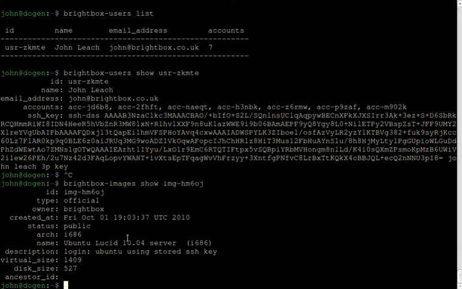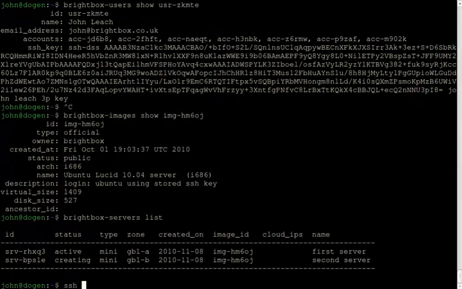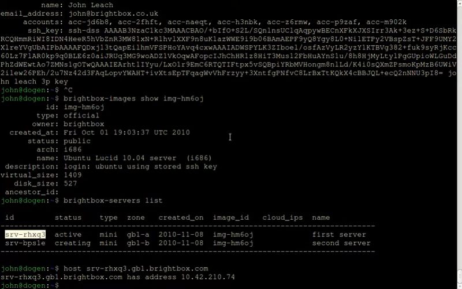So yeah, this is the Lucid image. The description there, the creators said, is a login using the Ubuntu account. So let's see if one of these is built yet. There we are. I'm going to log in. Oh, I can't log in because it's got a 10 address, an internal address that's non-routable to the internet, and the DNS confirms that. So what I want to do here is create a cloud IP,